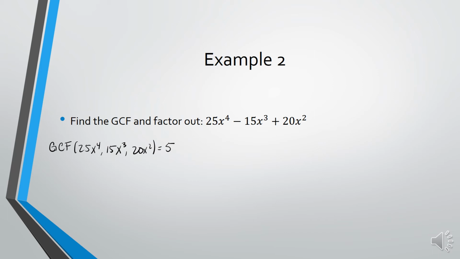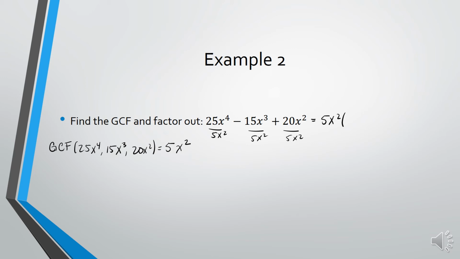Since x does appear in all three terms, I am going to have an x in my greatest common factor. For the exponent, I'll just choose the smallest. So 4, 3, and 2, the smallest was 2. So my greatest common factor is 5x squared, which means we're going to divide each piece by 5x squared